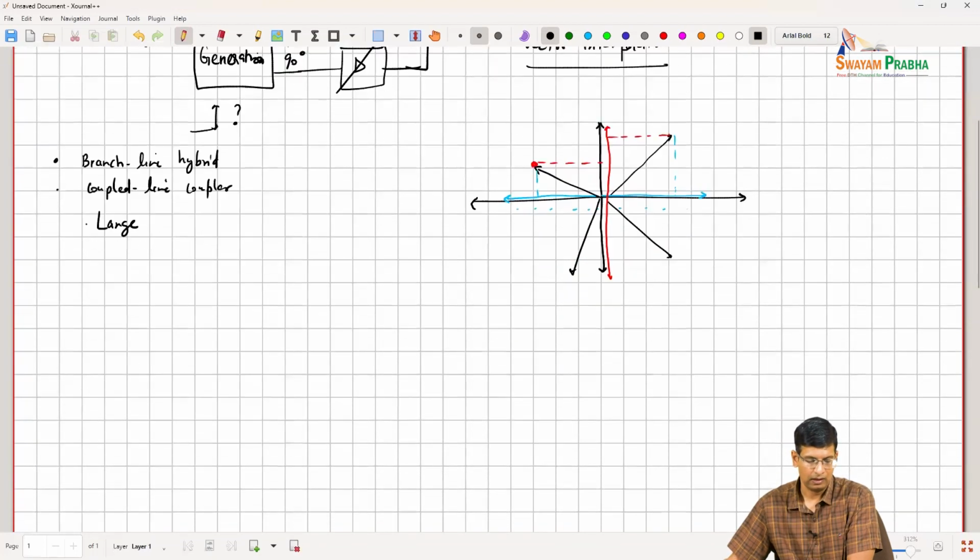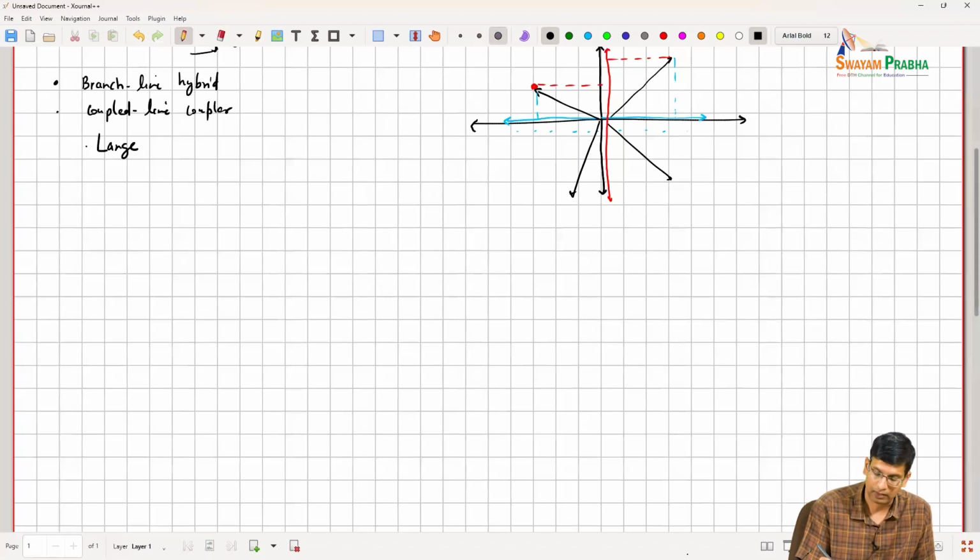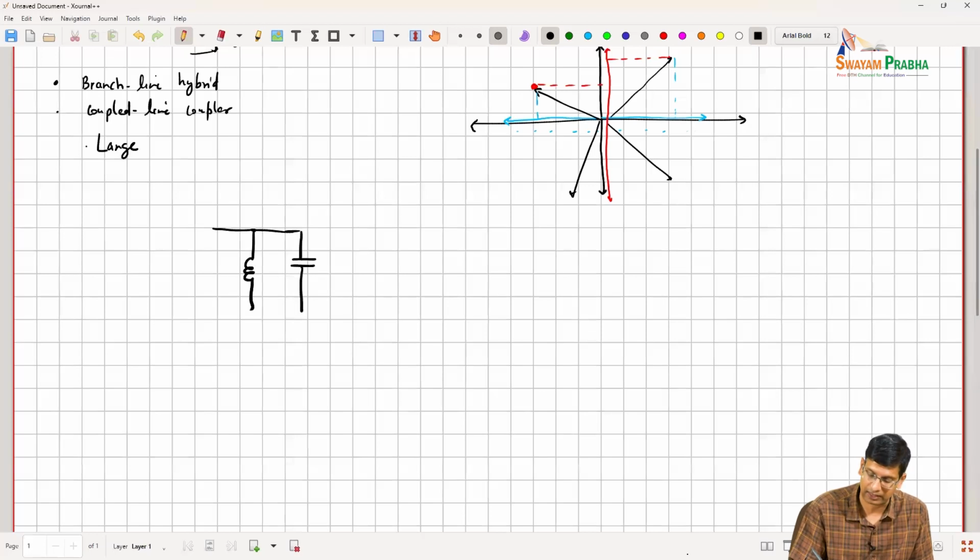Now, there is also, I will share a paper in one of the references by Professor Rabaey's group, but they have an approach where the quadrature generation is done using a lumped LC circuit, which is similar to the RC circuits that we use as polyphase filters at baseband, right? So we have